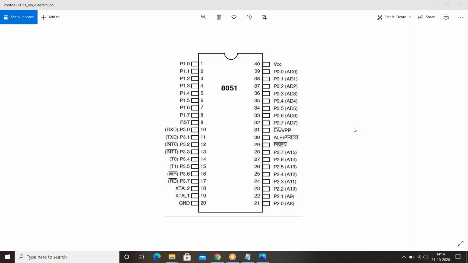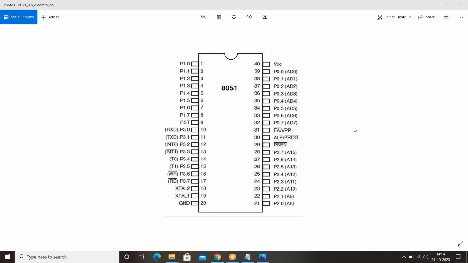Okay, fine. So pin number 10 receives the data from other devices to this microcontroller, and pin number 11 transmits the data from this microcontroller to other devices. This is the use of pin number 10 and 11. Coming back to pin number 12 and 13, which are called interrupt pins, where external interrupts will be given through these pins only: interrupt 0 and interrupt 1. It means external events or external interrupts will be given by using these two pins. Fine.